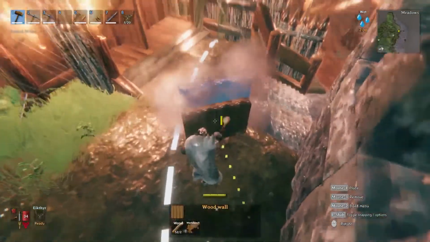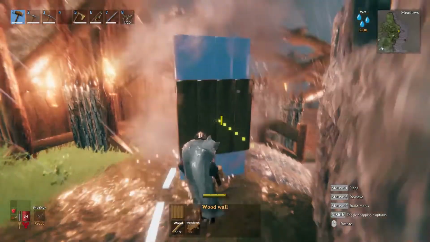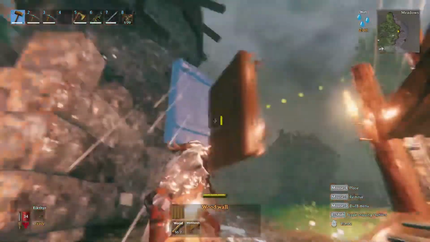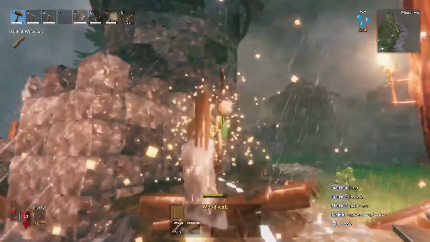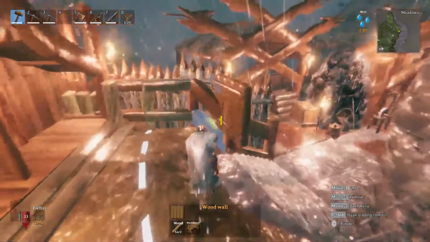Here, I'll show you. So we'll build this here. We'll build another one on top. And then building on this one would cause the structure to fall apart because they're just hovering in the air. So you want to make sure that when you're placing your objects,